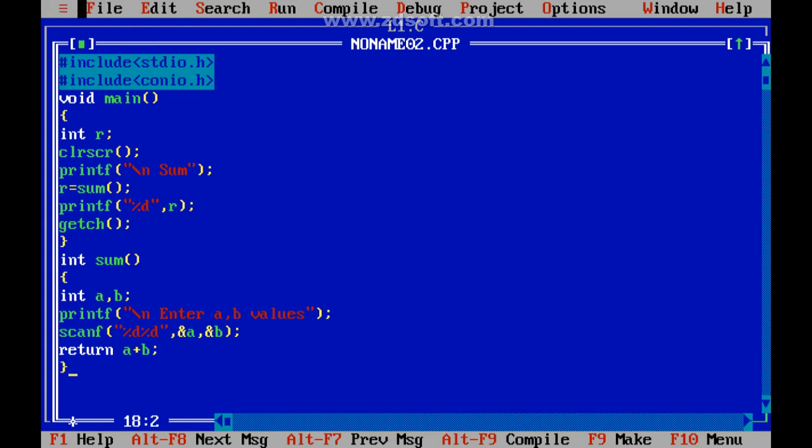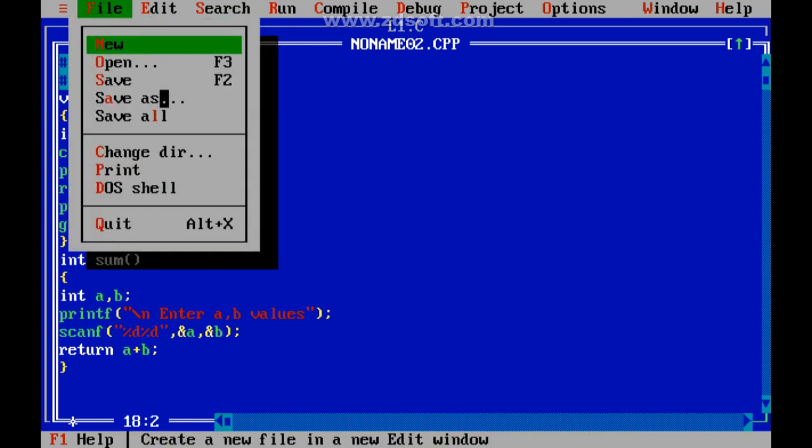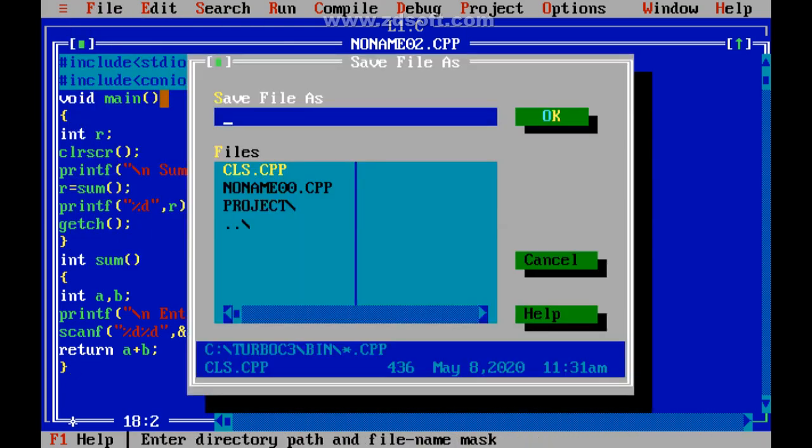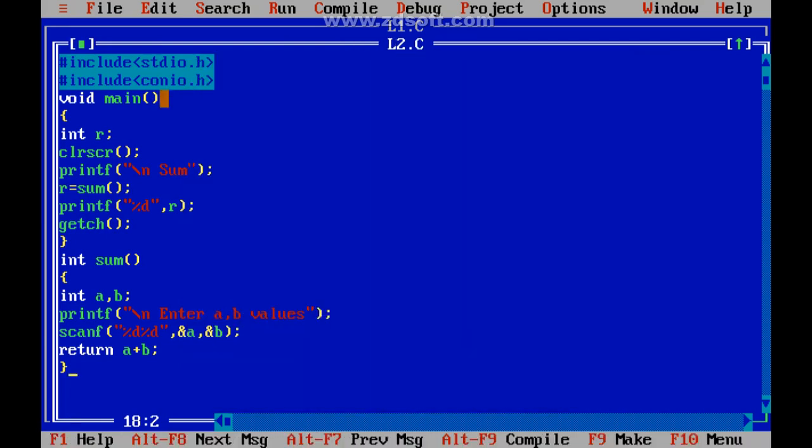So I will save. Hope you are all with me. You are understanding what I am doing. So this is the function without arguments, but with the return value. The calling function, this main, is not sending any data, but it is just asking, perform the sum, get back the result.